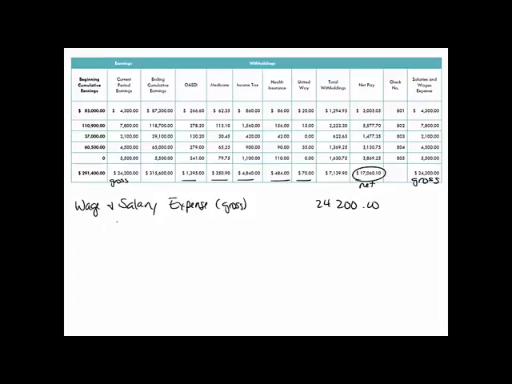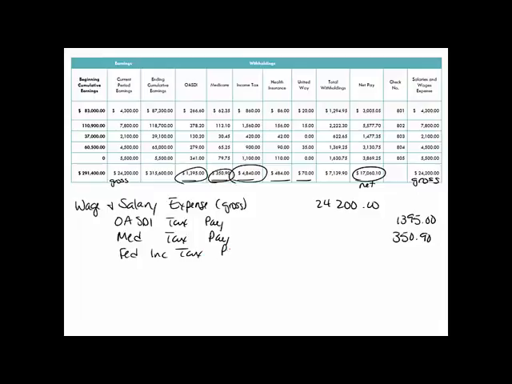Then I've got all these payables. So I've got SDI tax payable, and the total there is $13.95. And then I've got Medicare tax payable, so that's $350.90. Then I've got income tax, so federal income tax payable, $48.40. And then health insurance,